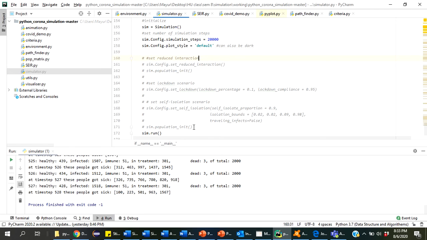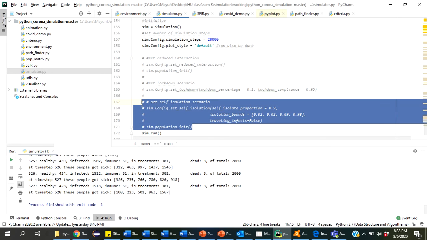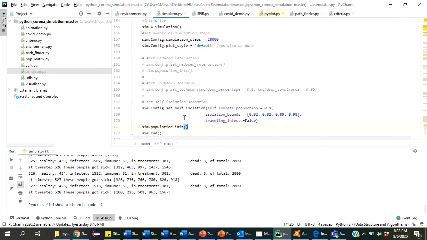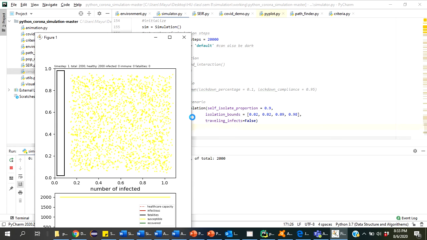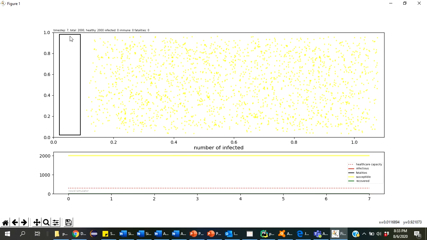Second, I can show you a self isolation scenario. In self isolation, people are self isolated. For that, I have taken one place here.